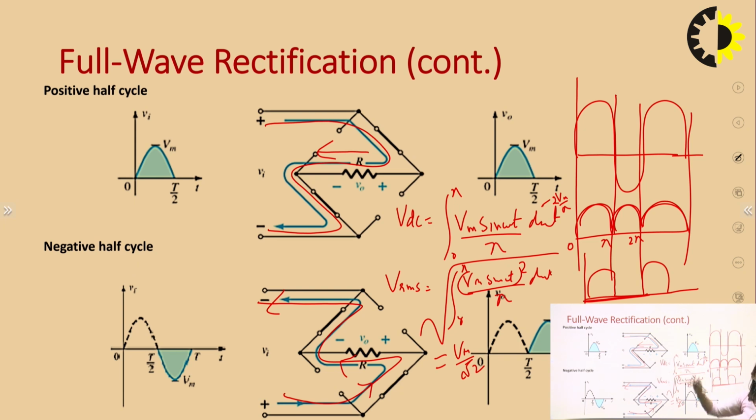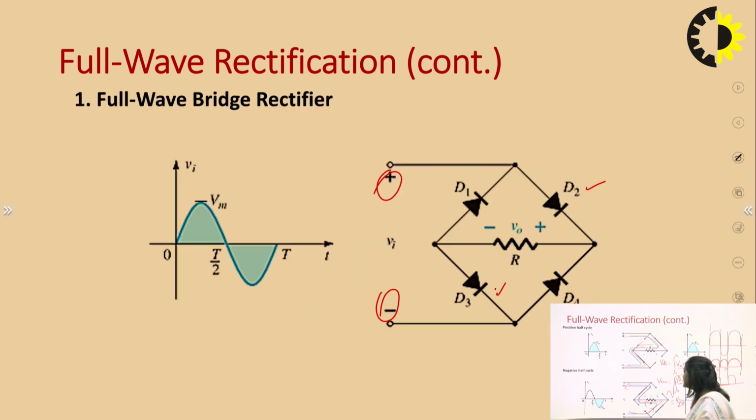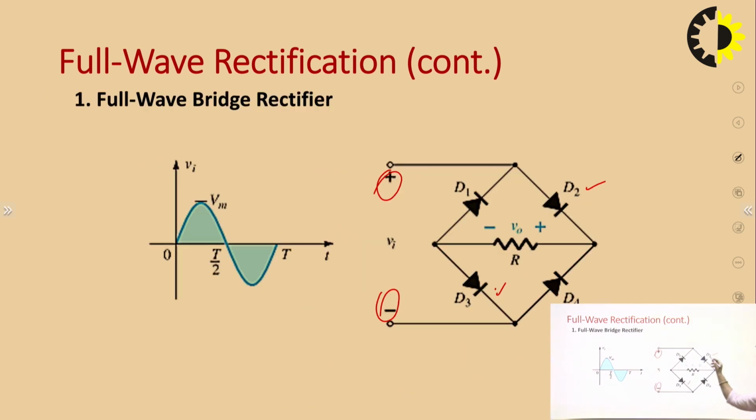And this was the working of the bridge rectifier, meaning in the positive half cycle only 2 diodes will be forward biased, and in the negative half cycle the other 2 diodes will be forward biased. We can also change the orientation of the diodes. The opposite diodes must be in the same orientation, but it is not necessary that they be in this particular orientation; it may be in the other orientation also. Then the direction of current will be this way.